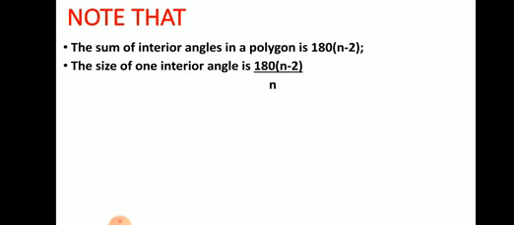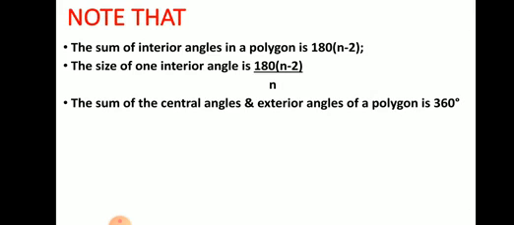So exactly. The third one, the sum of the exterior angles of a polygon is 360 degrees. That means the green angles I showed you there, the sum is always 360 degrees, because it's like a revolution. It's like walking around a circle. Any polygon is just like a circle. So the exterior angles are equal to 360 degrees when you sum them up.